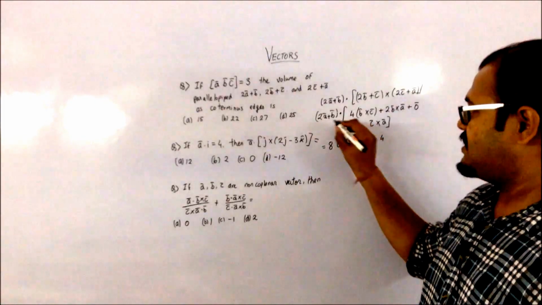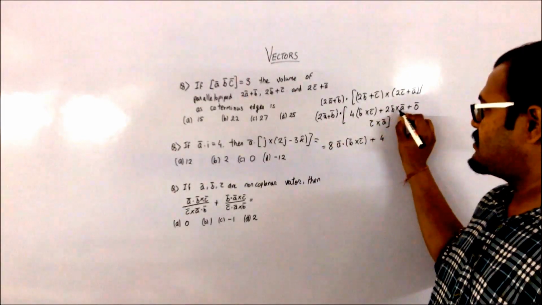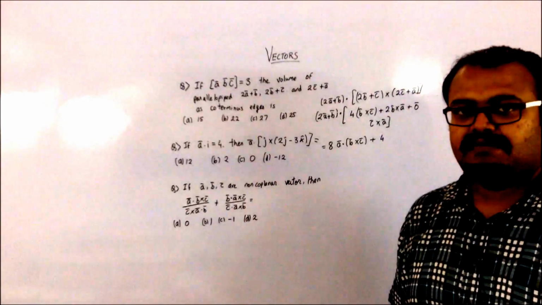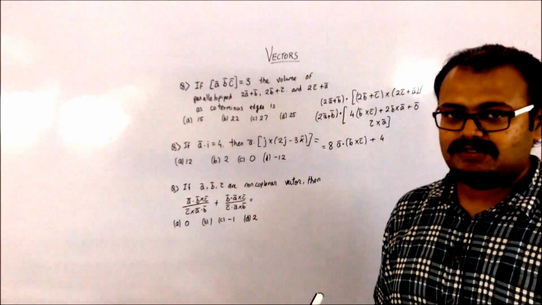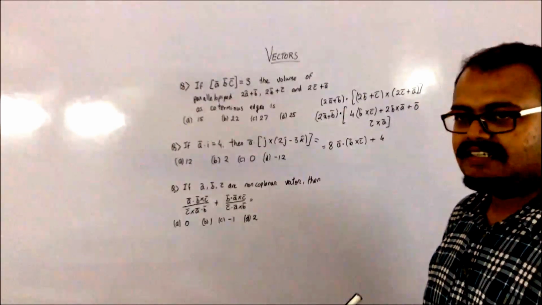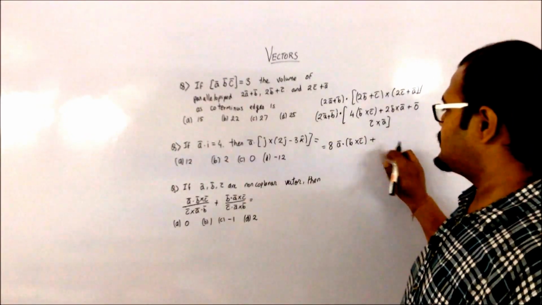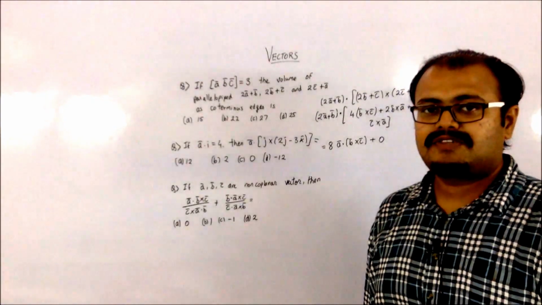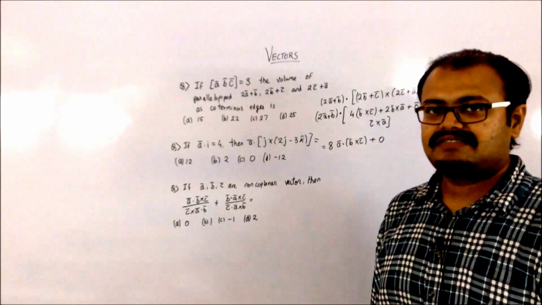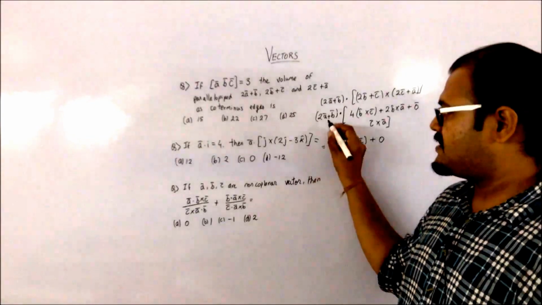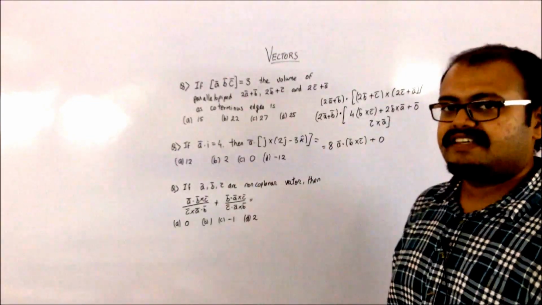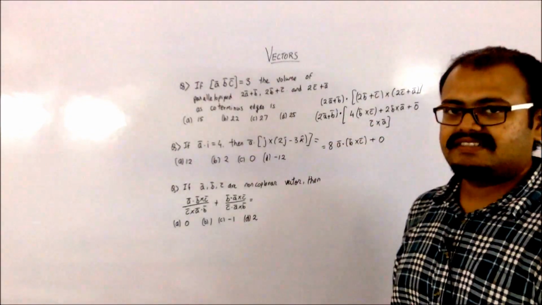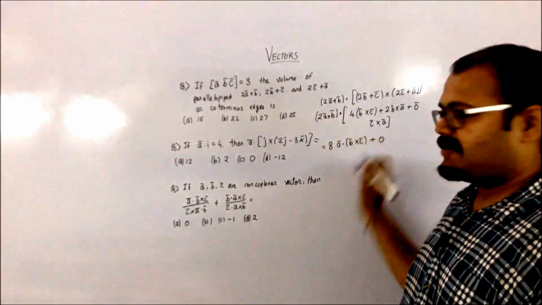Since you have A bar dot B bar cross A bar, you have a box product of A bar, B bar and A bar. So there are 2 vectors which are the same in that box product, and you will have that value as 0. It won't be a 0 bar, because in a box product you always get a scalar value. Moving on to the next term, 2A bar into 0 bar will give you 0. Then 2A bar into this again will be 0.